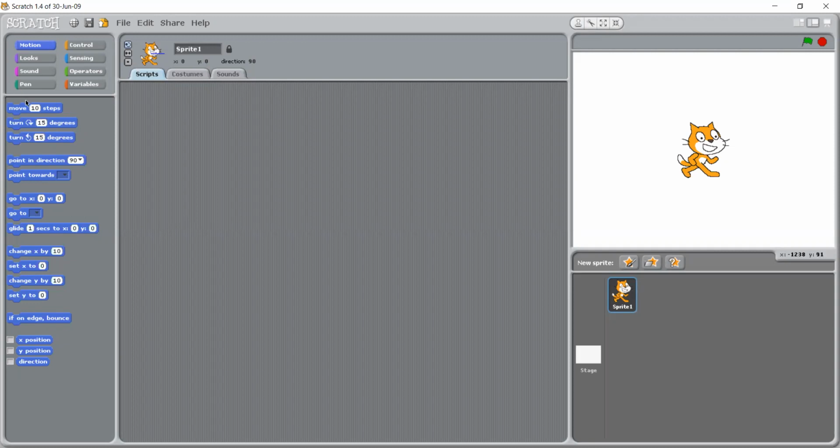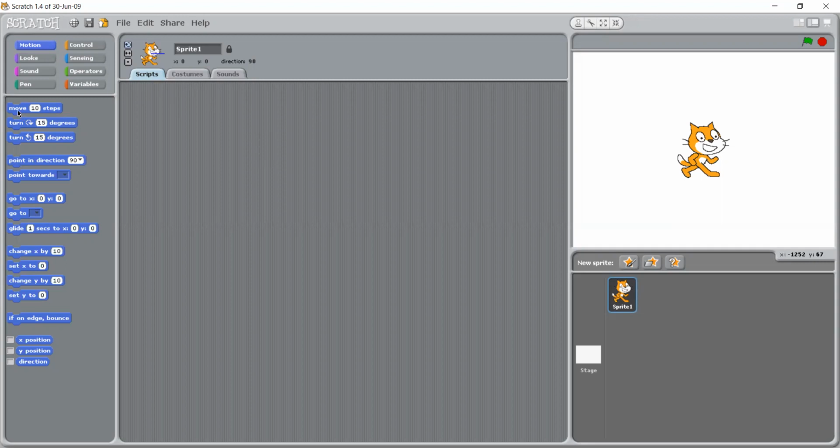If you have to use any command related to the motion block, what you have to do is drag it into this area. This is known as the script area. Here you have to write all the commands in a sequence, in which sequence you want to give the command. So one by one you have to drag all these commands into this script area.